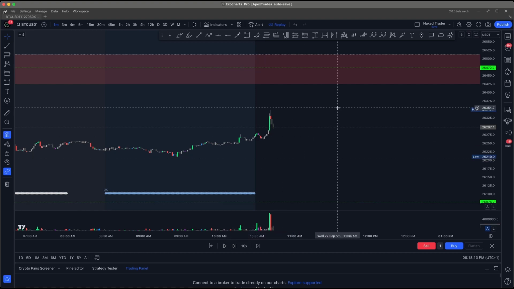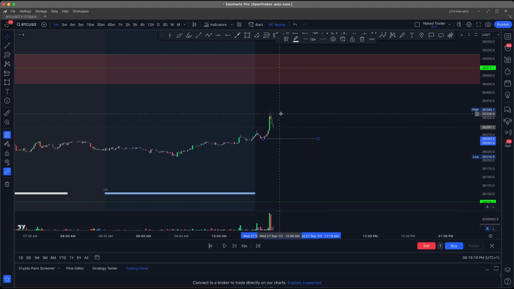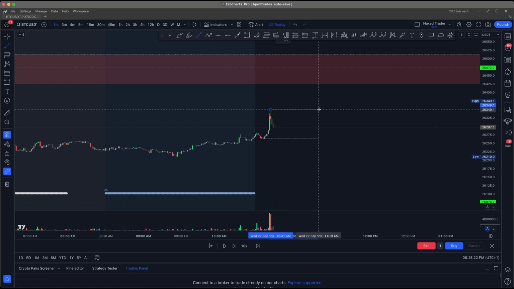So let's just mark something out, right? Very quickly, we'll go. So we're moving up now, right? So what do we call that? We call this a weak. I'm not going to mark it, but this is the weak. Sorry, this is the strong low, because price is moving up. This is the weak high, right? And I'm not going to do it because it'll take me too long, but that'd be a 1 minute up break, right?